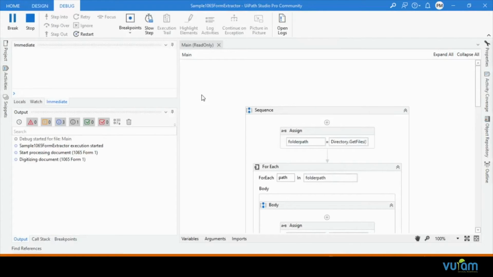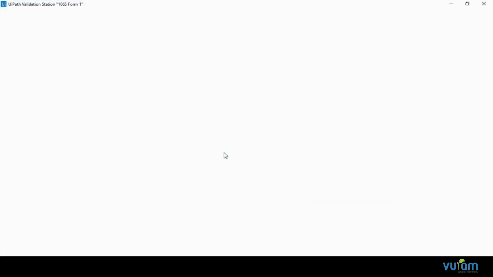The execution is started and it has taken the input file. Now the Present Validation Station screen is loading, and since Form 1065 has 5 pages in it, this activity is only supported in Enterprise Edition and it is not supported in the Community Edition.